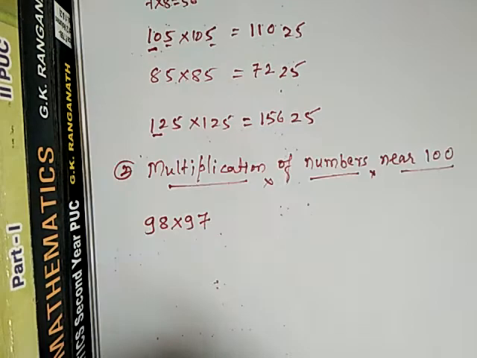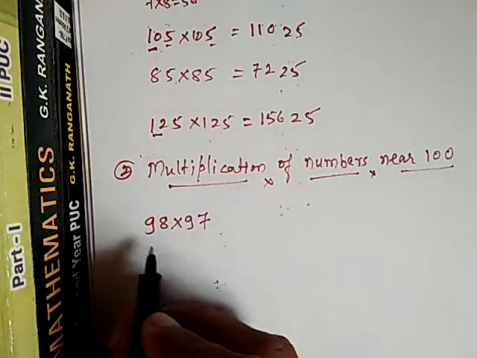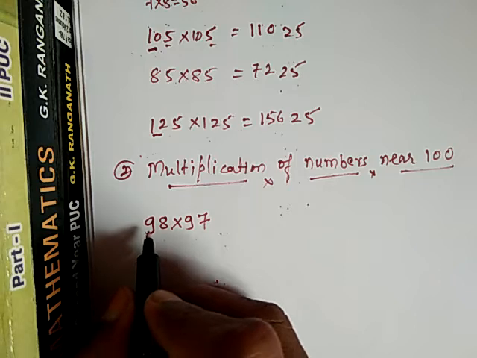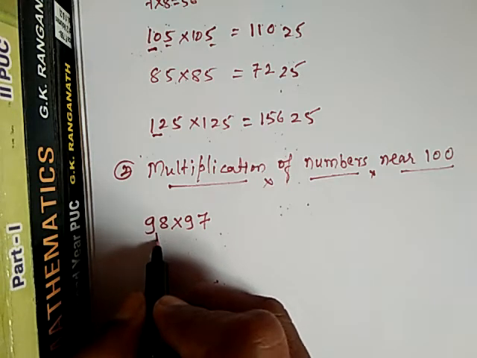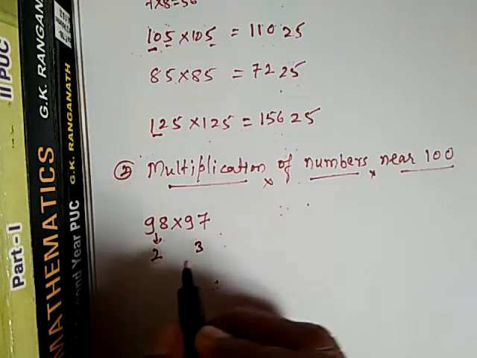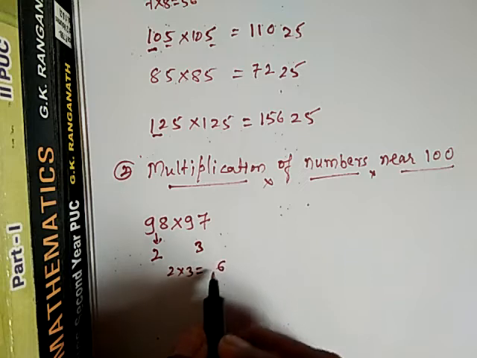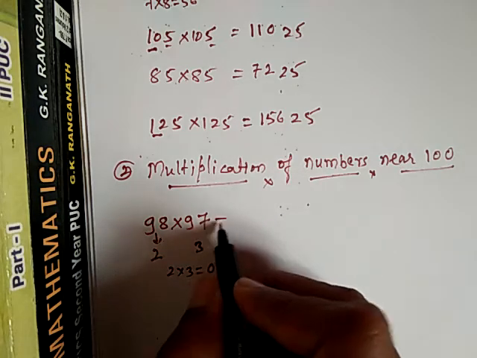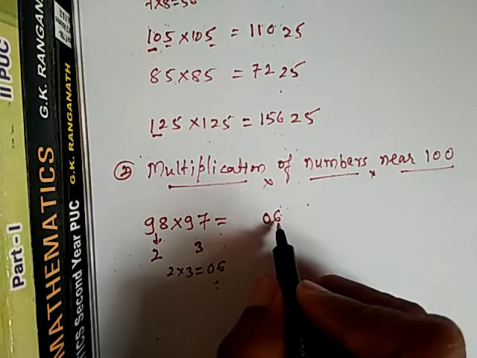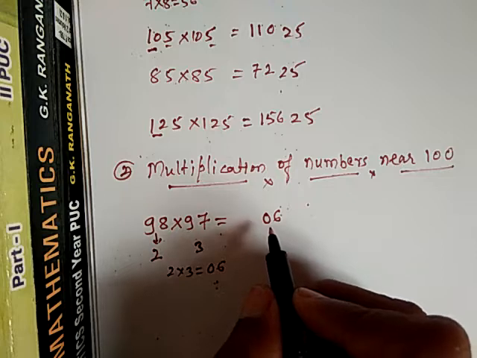Okay. Now multiplication of numbers which are nearer to 100, that we will take. So 98 is nearer to 100, 97 is nearer to 100. Okay, so now 100 minus 98 is what? 2. 100 minus 97 is what? 3. What is 2 into 3? 2 into 3 is 6. So it is a single digit, so I can write 06. So 98 into 97, at last you write 06. If it is a single digit you have to write 0 here, otherwise you can write the 2-digit number. If it is 3 also you have to write 2 digits.